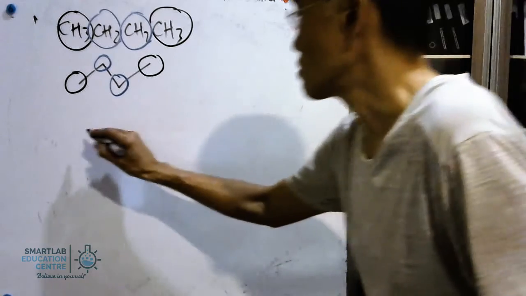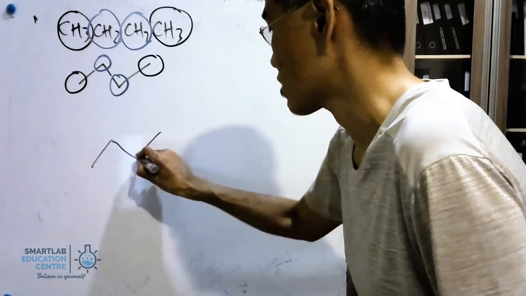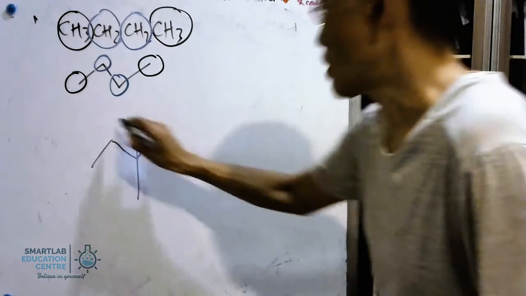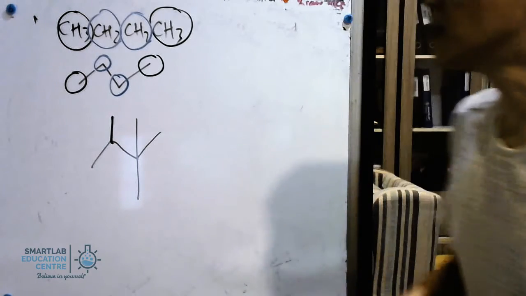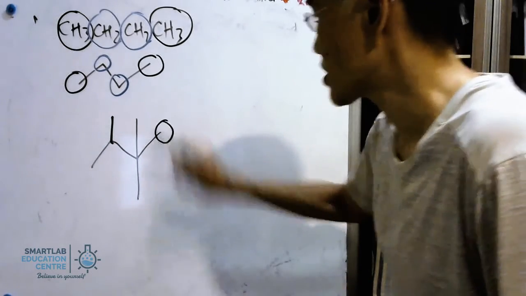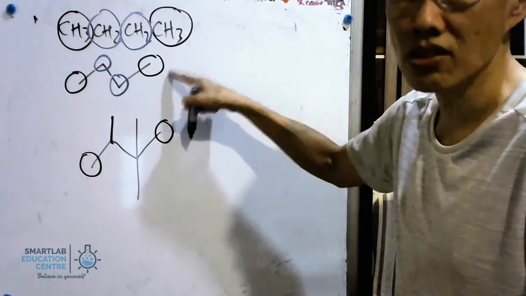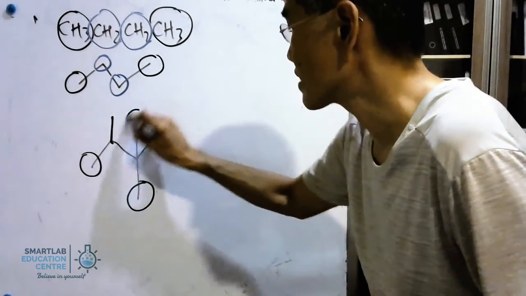In this example, we might want to go for the line structure in this manner. All right, so I draw this. From this structure, you are able to tell the terminal ends. Let me circle them. These two are interpreted similarly to this, so both of these are in actual fact CH3. Similarly for this and this.